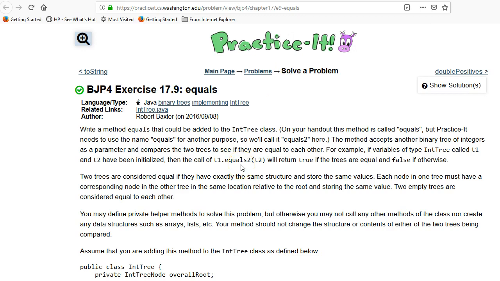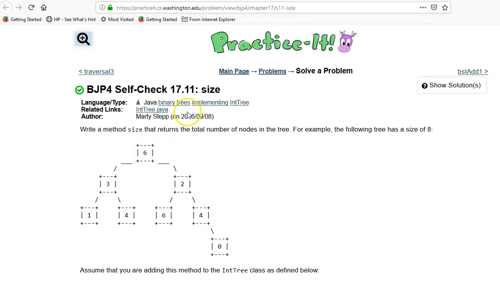So it's similar to the equals functions that we've seen in other cases. I want to make sure that you understand it is not okay to use the equals method in this method. They don't specifically say it or ban it, but that would be defeating the purpose of this. They want you to check whether two trees are equal. Unfortunately, they don't give you any samples here, so I'm going to look at self-check 17.11 just so I can